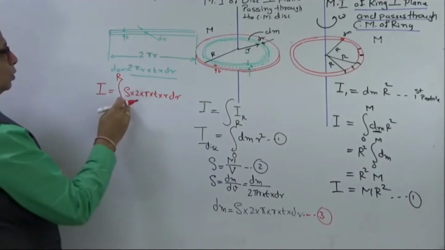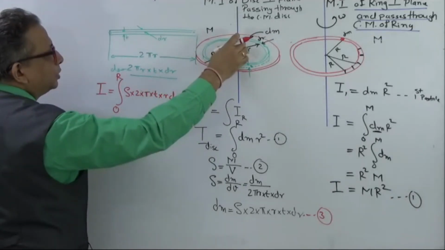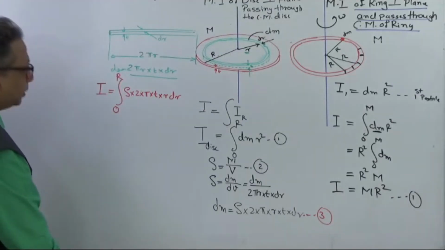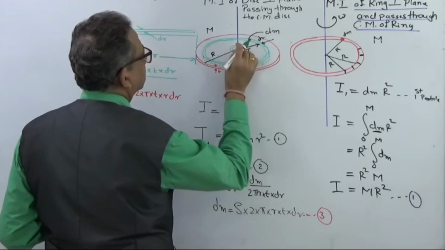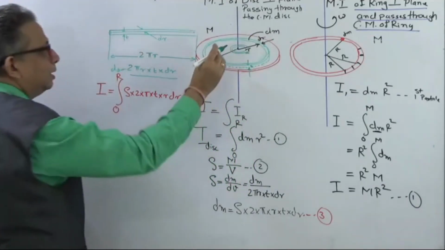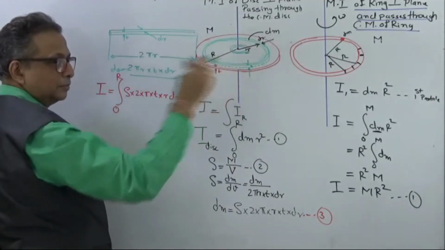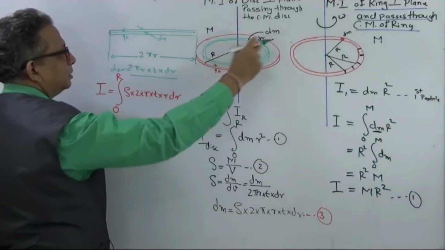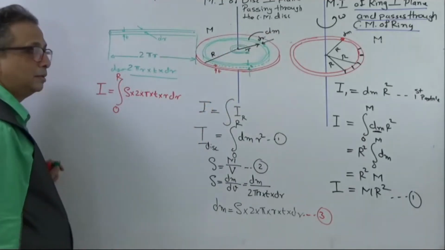Now let us take those values which are not going to change. When I am trying to find the moment of inertia of all the rings, the smallest ring, I hope you are getting me, no, that this is made up of n number of rings from 0 to maximum r. It is a summation of rings. A disk is a summation of so many rings, like concentric rings, starting with 0 radius and ending up with maximum capital R, that is the radius of your disk.